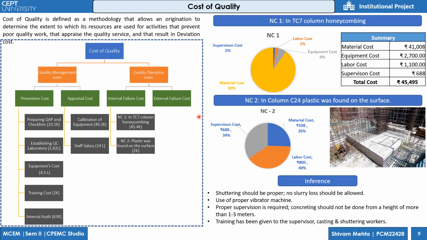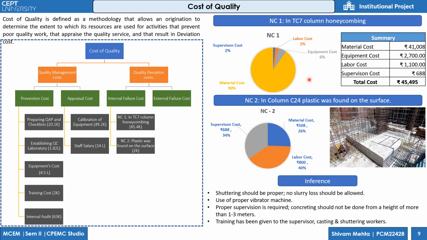Now we'll see quality deviation cost, which is divided into internal failure and external failure. In internal failures we have found two NCs. One NC is of a column with honeycombing, and the second NC is plastic that was found on the surface, due to which this honeycombing was seen. External failure is not yet, it occurs when the site is handed over to the client. So now we'll study the NC1 in detail, in which the NC1 deals with the honeycombing of column